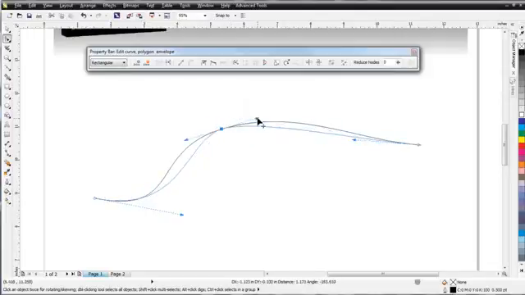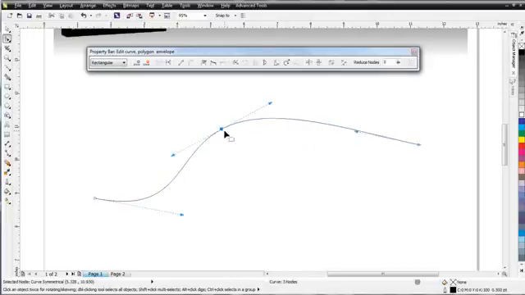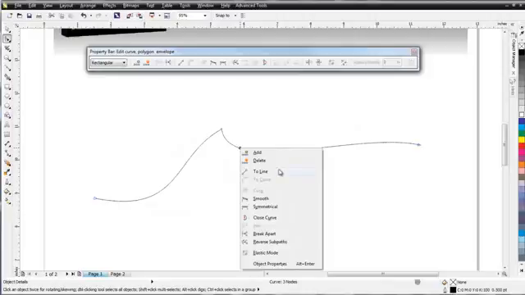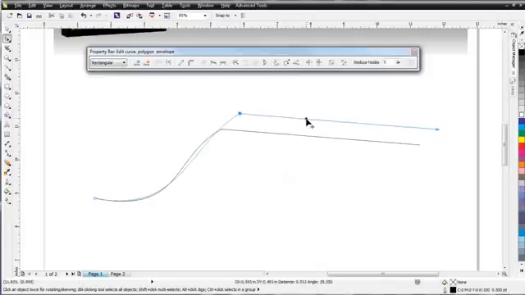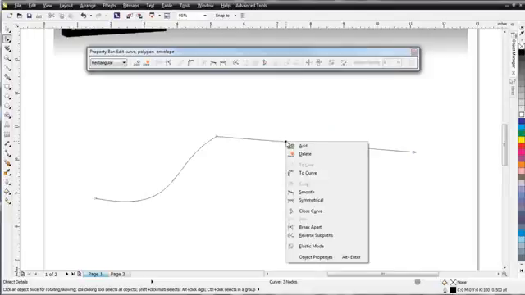So looking at that, we want to be aware of the states of the nodes and what we're dealing with when we're working with lines, because if I wanted to make this a sharp curve down here, because I was working on something in vector and I couldn't do it, I would realize I'd need to change the status of this node to a cusp, and then I could bring a sharp curve in down here. We also want to remember that we have status of our line segments, and we'll change this to a line. And if we want to try and do something with this relating to giving it a curved shape, we're going to have to convert it to a curve,